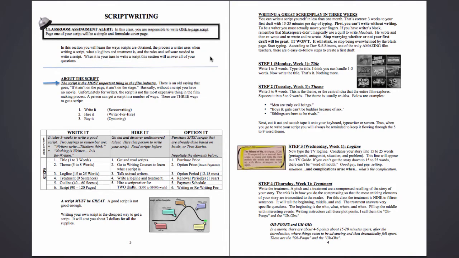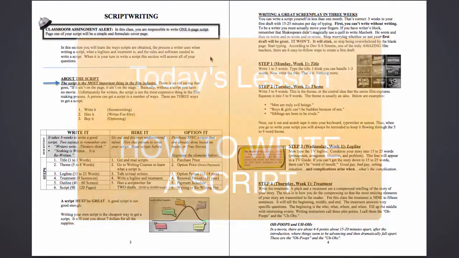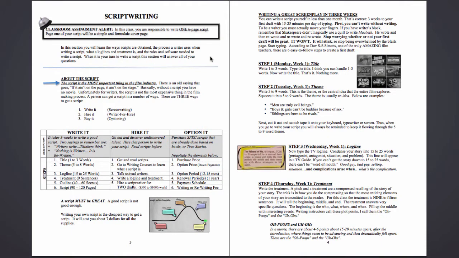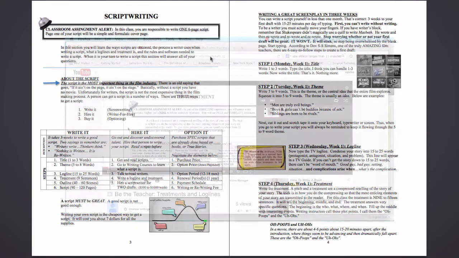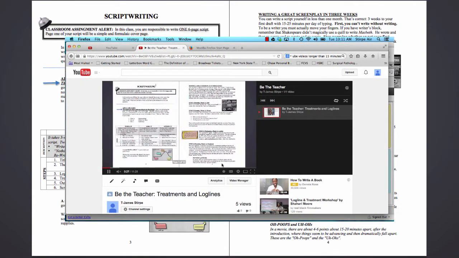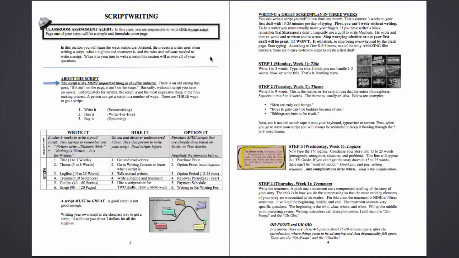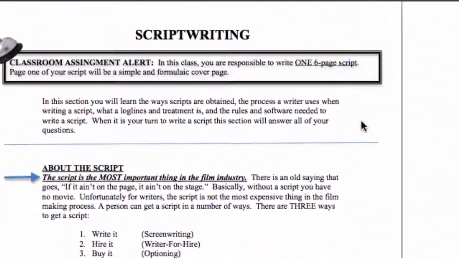It's time to be the teacher and teach yourself how to write a script. If you have not yet watched the video on creating a logline and treatment, you'll want to do that now. That is the first step in creating a script. Once you've completed that video, you can come back to this one. But if you have watched that one, then you're on the right track, and it's time to talk about script